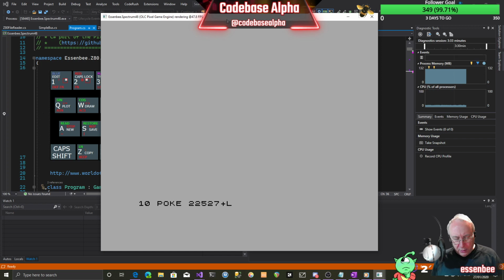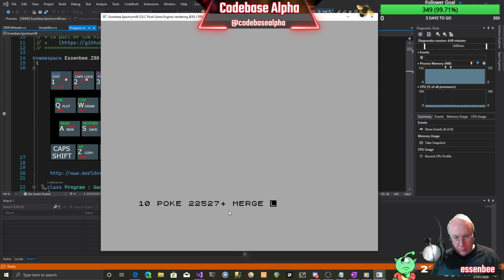Okay, now we want the RND, the random number command keyword. So in order to do this, you notice that cursor there has changed to an L. So we've gone out of keyword mode and we're in what's called letter mode. And this is lowercase letter mode we're in. I'm now going to switch into what's called extended mode. So I'm going to press the shift and the control key at the same time. We now got a flashing E, and now I'm going to type, I think it's going to be